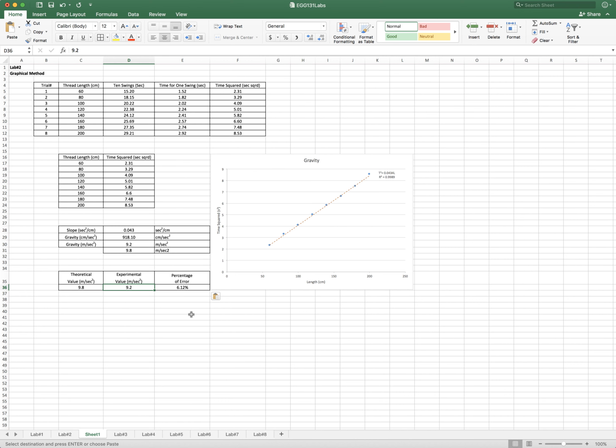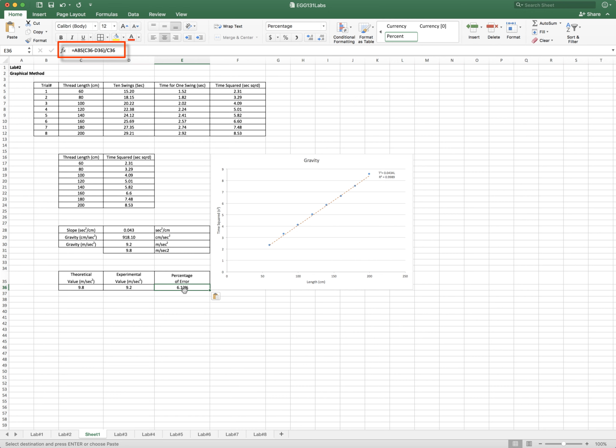So how do I set this up in Excel so that it calculates it for me? Well, if you look up into the top here, into the formula bar, you can see that we type an equal sign, type ABS for absolute value. It doesn't put those straight up and down lines, but it creates a parenthetical expression here of the theoretical value, in this case the value in C36, subtract from it the value in D36 and divide it by C36. So when you do that, you end up with a value of